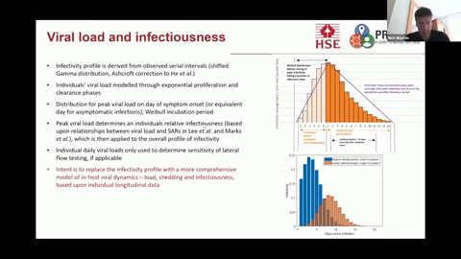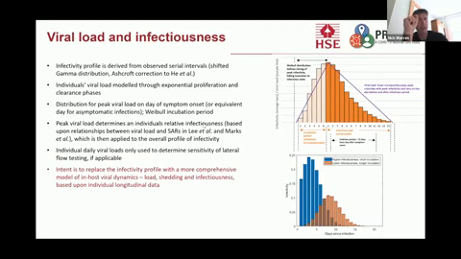So that brings it up or down according to their viral load, and that uses relationships that have been determined between viral load in PCR tests and secondary attack rates. We use a relationship that's been found in test and trace in the UK, but actually that's remarkably similar to a relationship that's been found between viral load and secondary attack rates in a study of clusters in Catalonia, and another study looking at transmission in a university in the United States, Arizona, I think, off the top of my head.